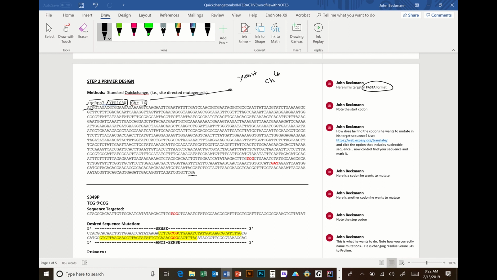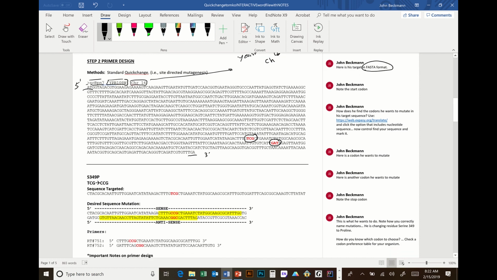He's starting it there. We would want to make sure that when we pull off that sequence, it's in the right orientation. So this is 5 to 3 by definition, because 5 will always start with a start codon. Okay, so he's mapped it out here. And look, he has identified, he's telling you, he's looked and he's found these are the codons that he wants